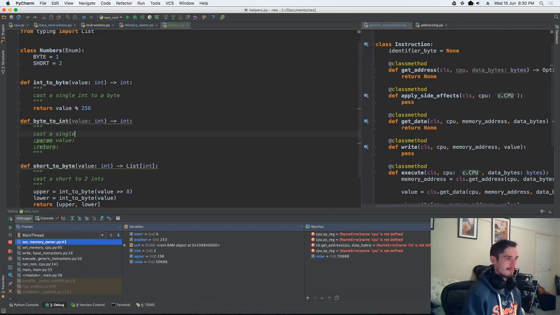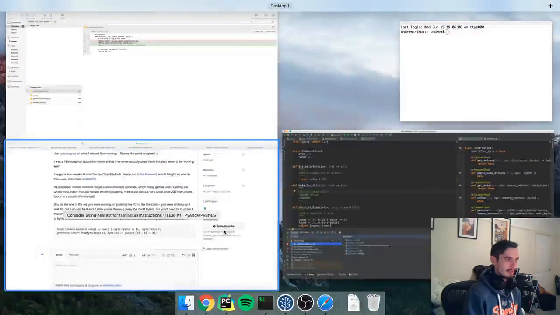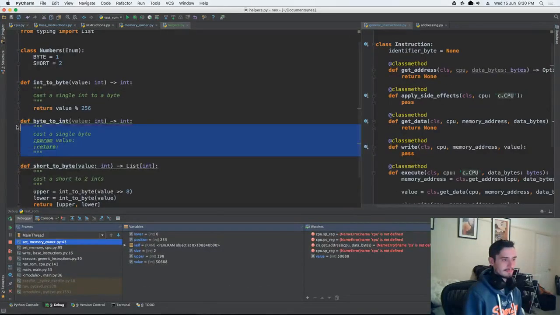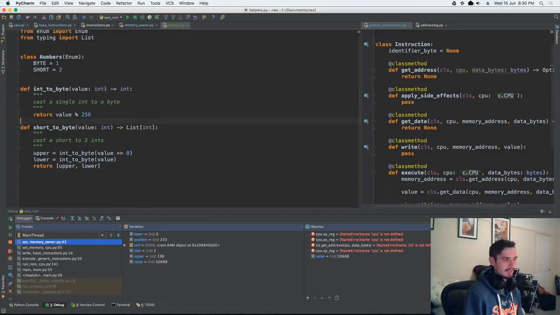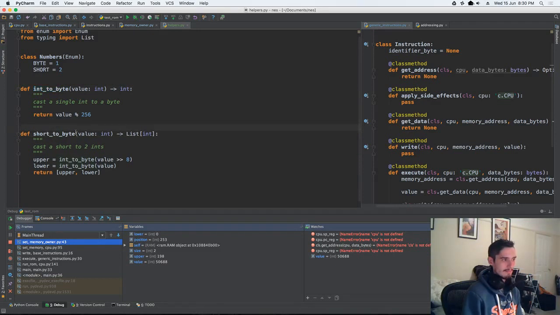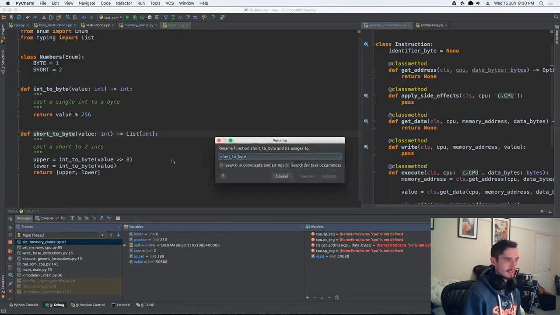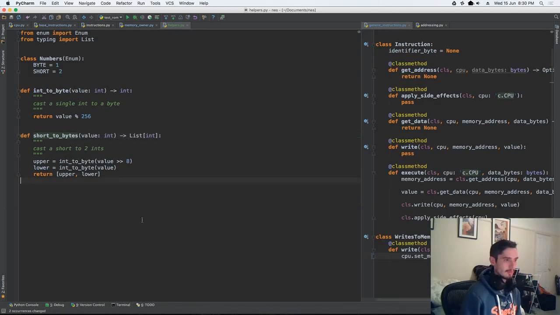So cast a single byte to an int. Now this doesn't actually need to exist. Yeah, that's true. This doesn't need to exist. This really should say short to bytes. I think this makes it much clearer. But we definitely need bytes to short,